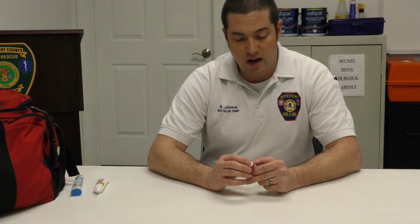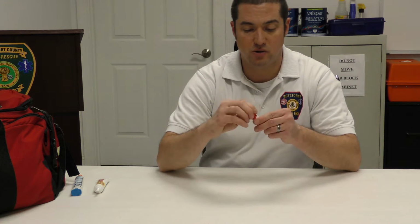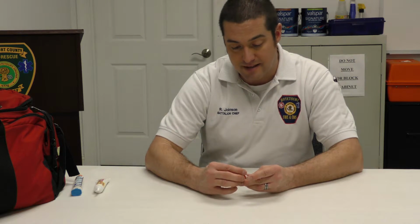So if you've got a patient who is exhibiting signs and symptoms, chest pain, chest pressure, and you believe it to be of cardiac origin, and they have their own nitro, for testing purposes, once again, you want to call med control. But a few things you need to make sure of before you consider giving nitroglycerin, even if it is the patient's own. First of all, you want to make sure, go through your 5 rights, and that goes through any of these medications: right patient, right dose, right route, right time, and you're giving it for the right